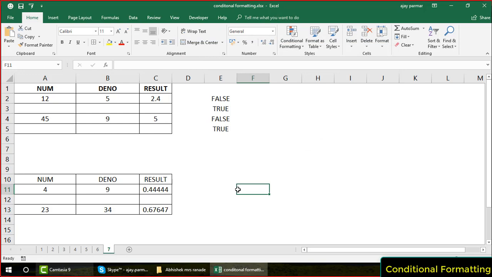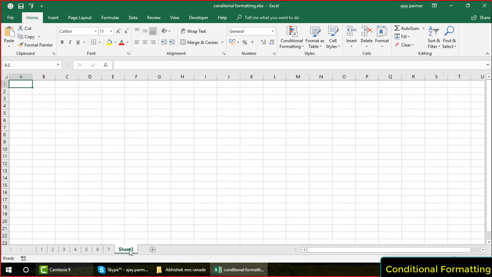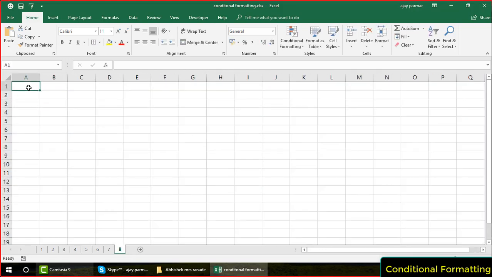So this is how your conditional formatting works, right? Now we can do a lot of things. For example, you can go and, let's say you have here name and you have here employee ID, right? And you have here transaction ID, and then you have here, let's say, company. Okay, so I go and write here some names. Let's say